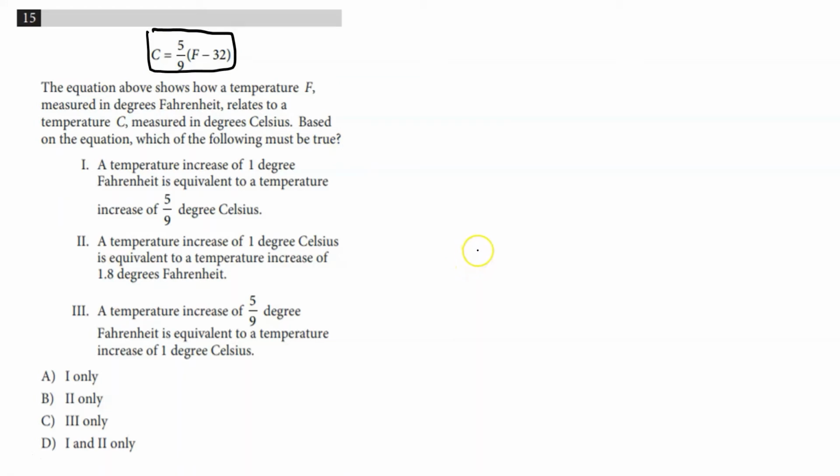How we approach this question is similar to, I believe it was question 11, a question a couple slides ago where we try to evaluate each of these Roman numerals and just see if they're true, and then we'll go about choosing an answer choice after we've done that. Roman numeral 1 says a temperature increase of 1 degree Fahrenheit is equivalent to a temperature increase of 5/9 degree Celsius. So looking at our equation here,